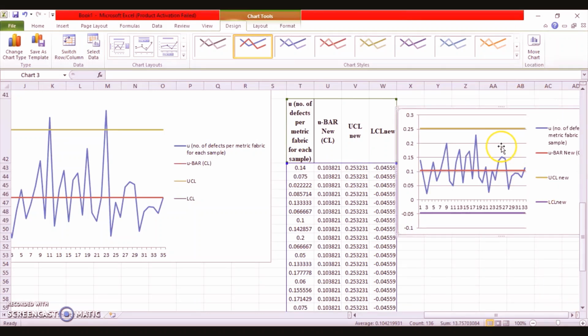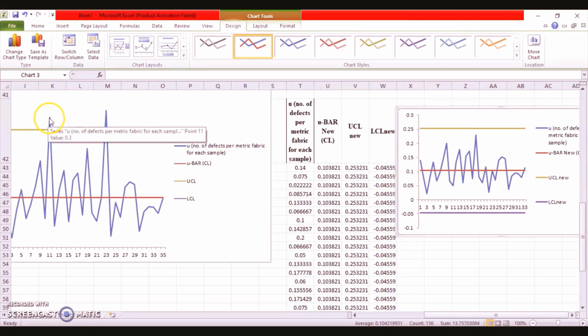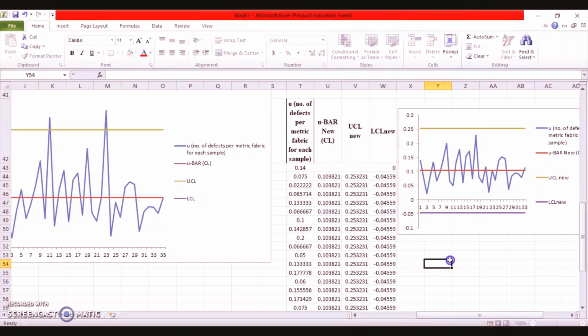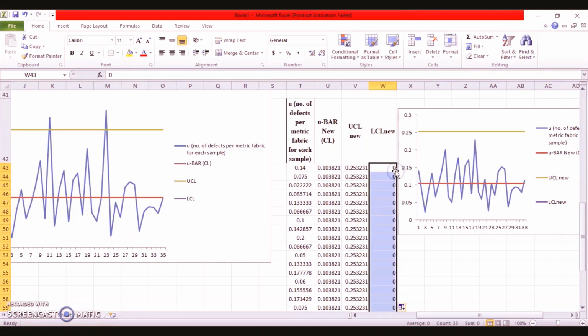You can see, removing the grid lines, we had 2 points, point 11 and point 23, which were crossing the upper control limit. Here both the discarded points, the small d which we used to call the discarded sample points, have been removed by revising the control limits, right? Here you can see your lower control limit is negative. What you can do, you can replace it with 0. Why? Because the negative values are not acceptable and you just have to replace it with 0.